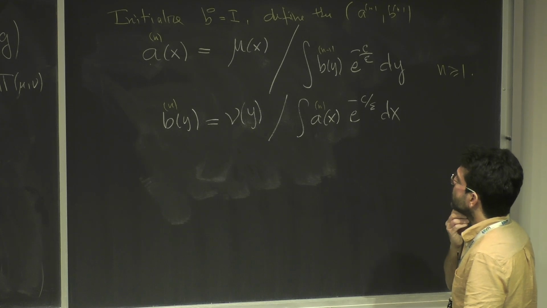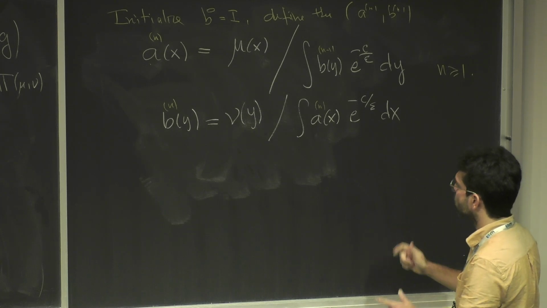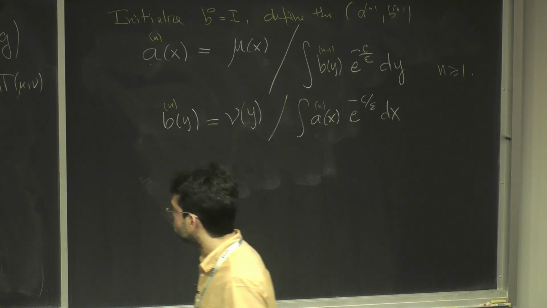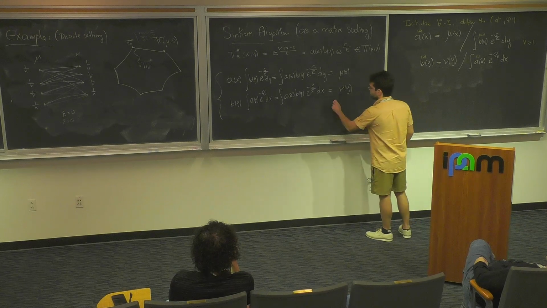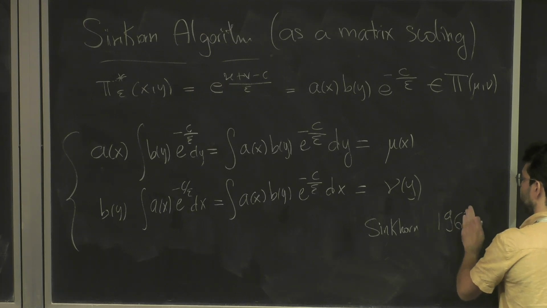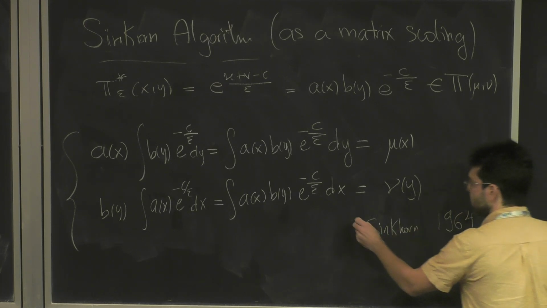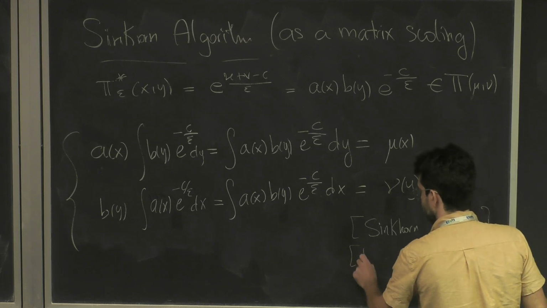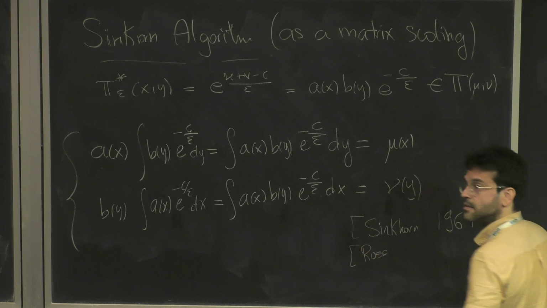Then this algorithm goes on. A lot of people have been working on this. Let me make sure I put the correct reference. Sinkhorn was the first one who proved it convergent. Very likely he was not the first one to write this algorithm, but he was the first to have a proof of convergence, so that's why his name is in the Sinkhorn algorithm. In the continuous setting, he was writing the...